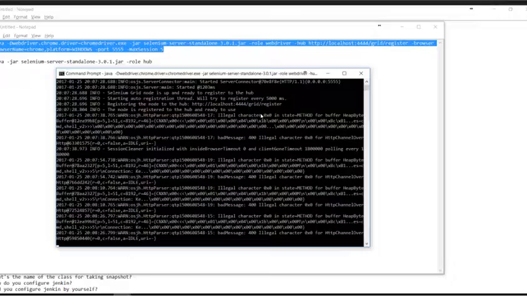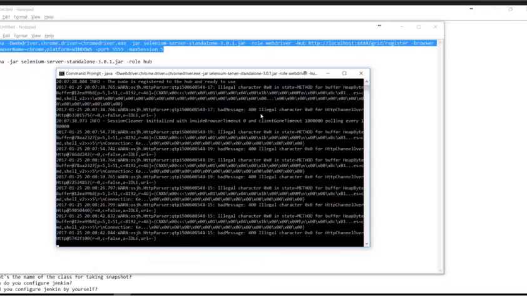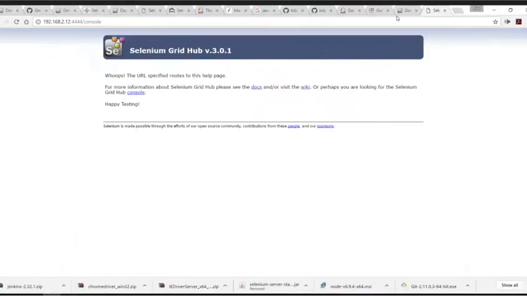In our case, because it's super simple and we only have one kind of platform, we don't need to pass that capability. Since our hub only said, okay, I'm going to show it to you. So you see this part, this is the grid that has registered with this one. It's running. So if you want to look at the node, what the node can accept, we will do